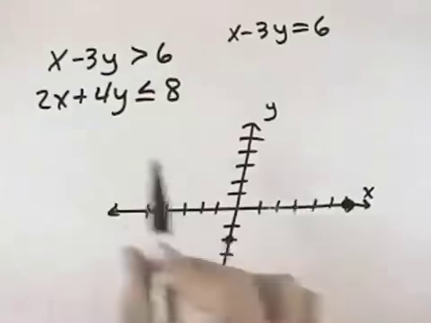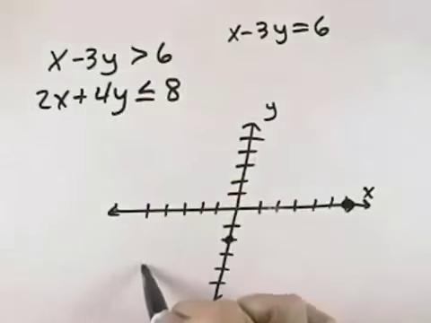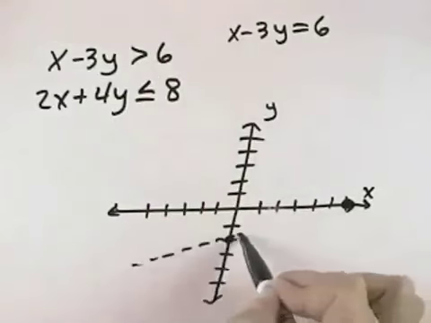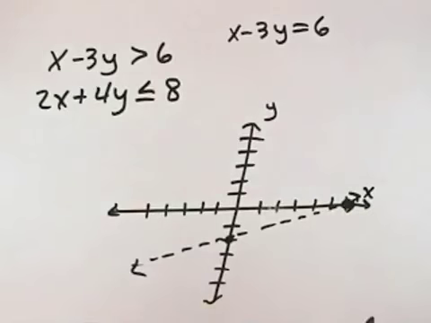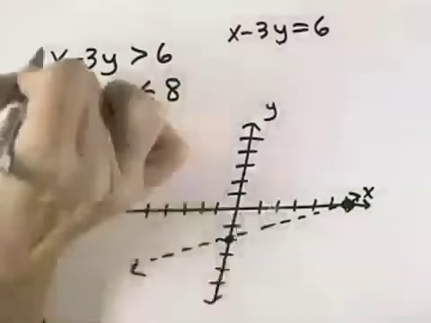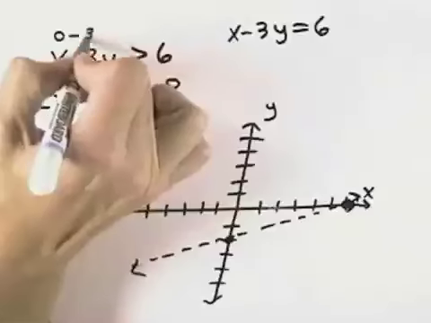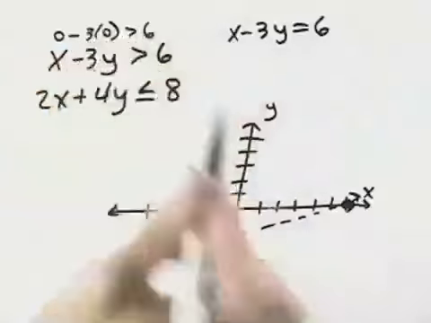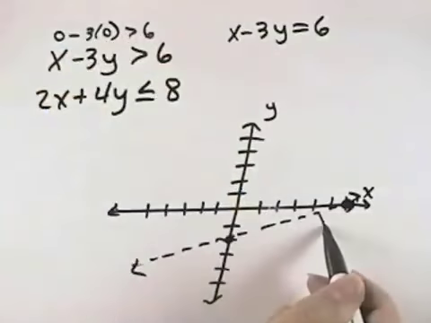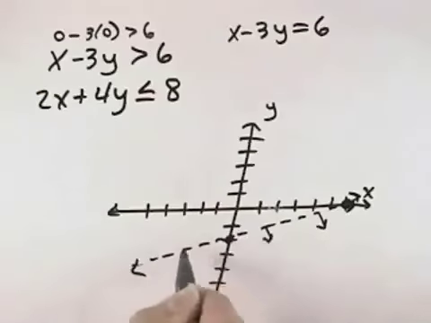So that means I have a line, because it's just greater than, it's a dotted line that passes through these points. Now if I wanted to test a point, I could test the origin to see if 0 minus 3 times 0 is greater than 6. But no, 0 is not greater than 6, so I would not shade the side with the origin. I would shade down. And for now, I'm just going to put small arrows to show which direction,